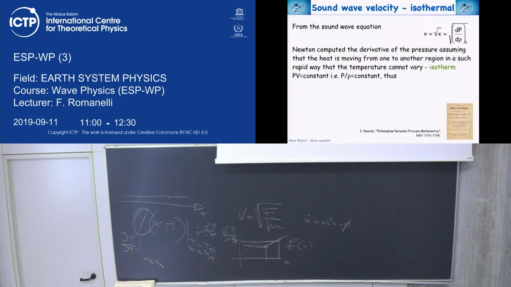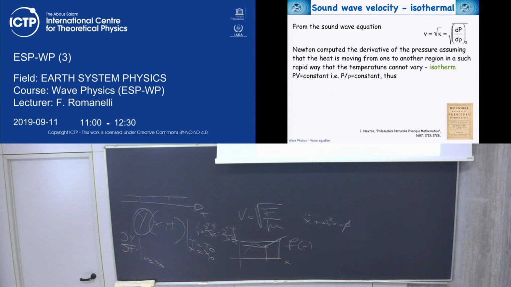And Newton is coming again. Can we guess something about the sound wave velocity? Now it's time to give a very quick and brief look at thermodynamics. To make a guess, we need to specify some laws for which this perturbation is traveling. Well, you know, Sir Isaac Newton was always correct. Always. Except one case. This. He was guessing at the time